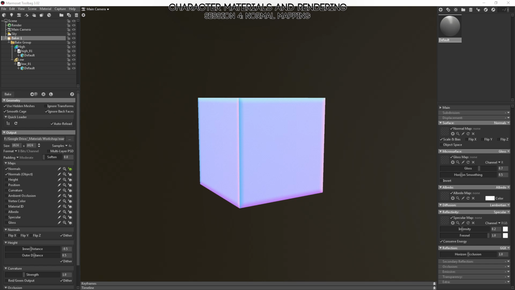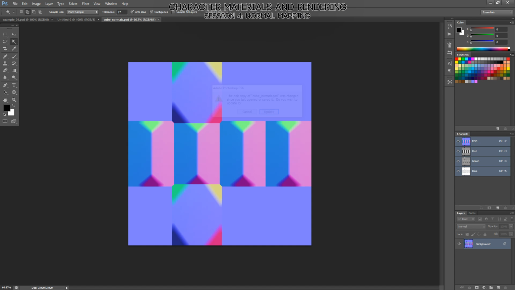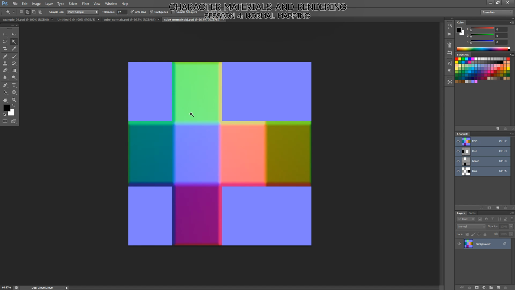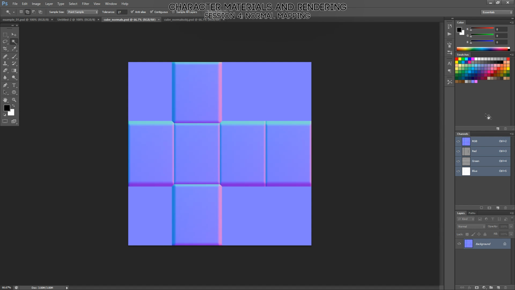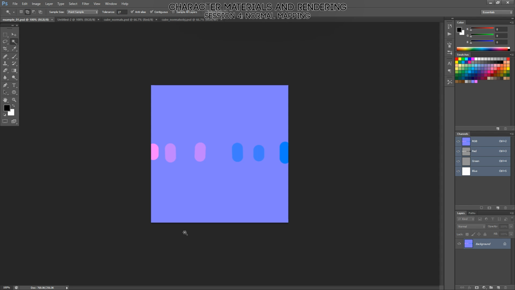So often what you'll see, and let's go back in here, update that, and there we go. So often what you'll see when you are baking a normal map is that when an object is supposed to have a positively curved surface on it, the red channel will have a gradient going from left to right, which is dark to light. And what that's doing is, like we saw before when we were painting this normal map,